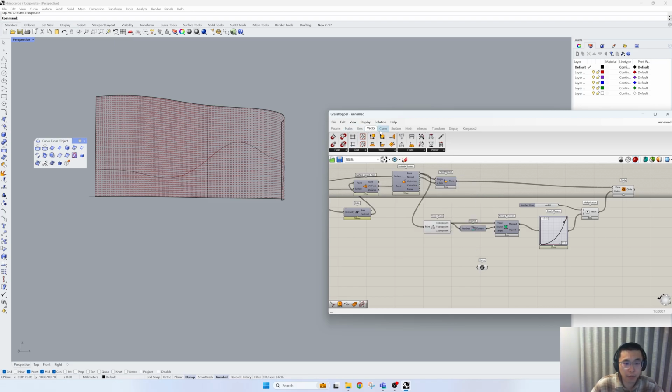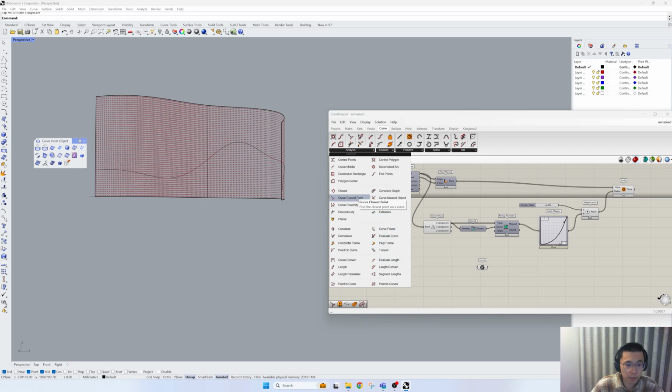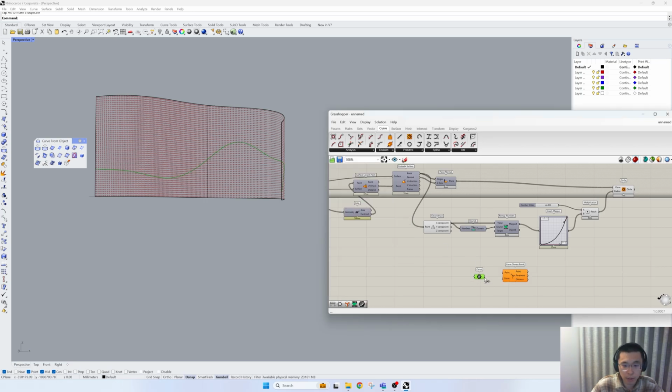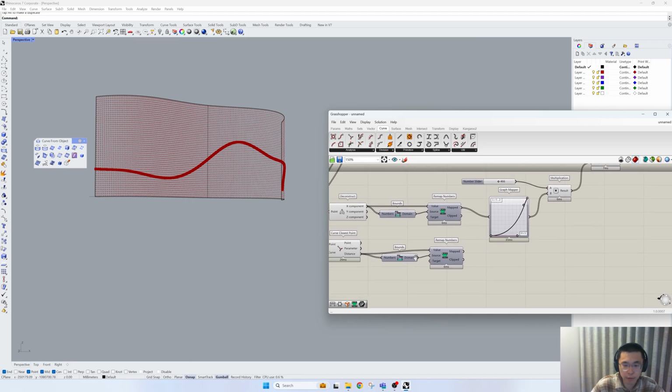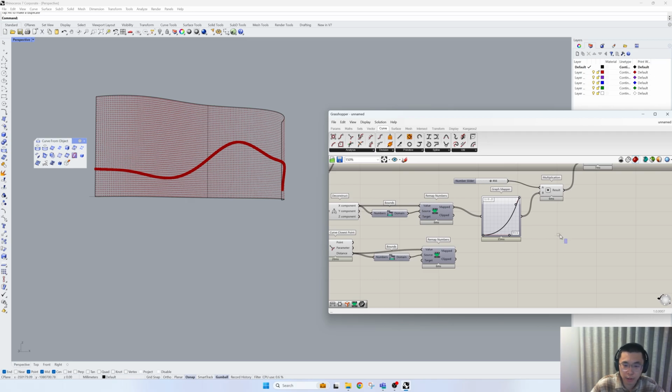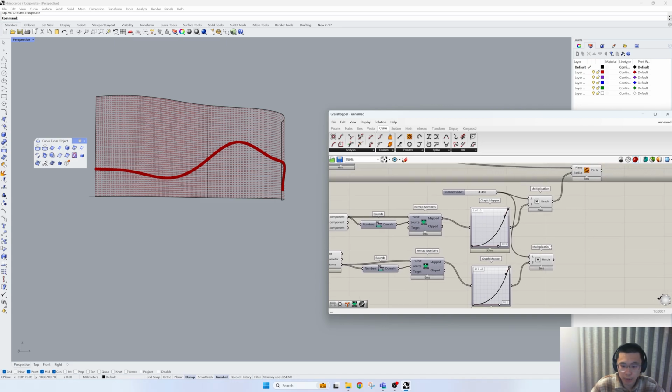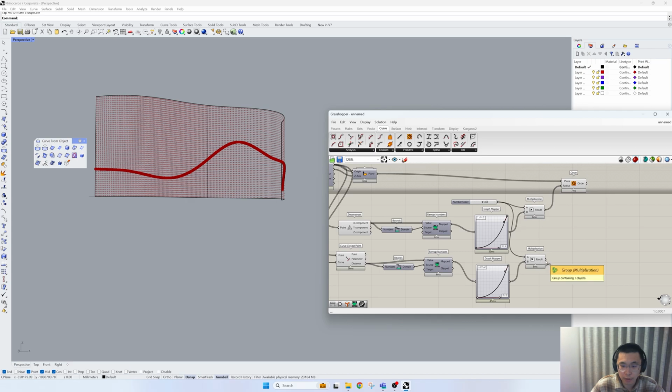And the battery we're going to use is curve closest point. That's our curve. That's all the points here. And we're going to rebuild that distance. These guys here, we just copy paste distance. Again, the logic of it has been explained in the previous tutorial. So if you're interested, just review the previous tutorial. Map here,